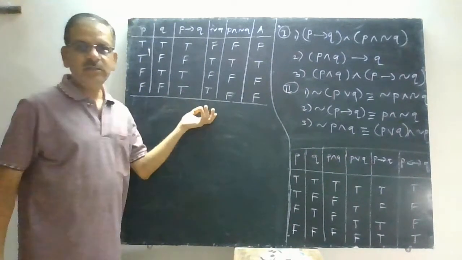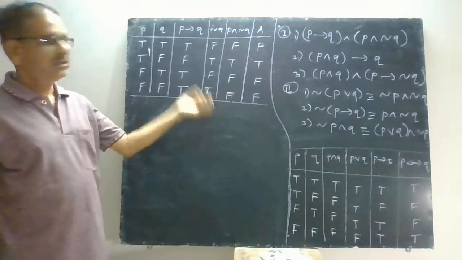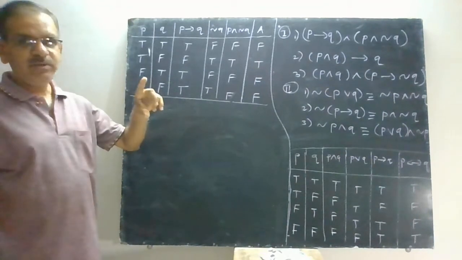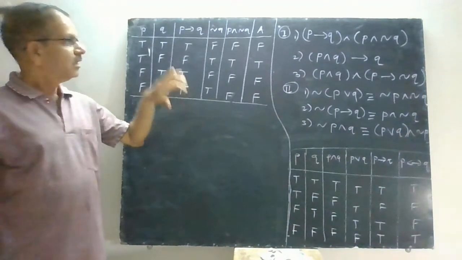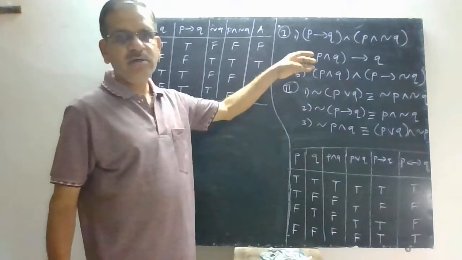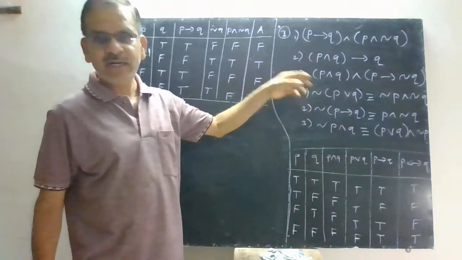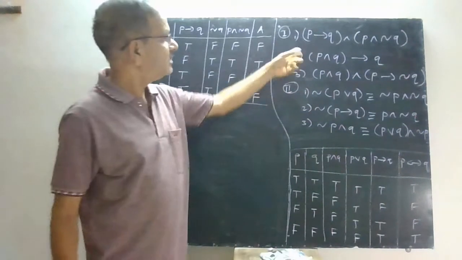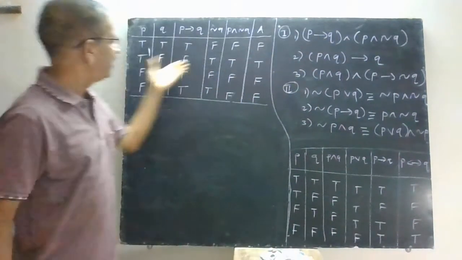Now see, we are in the third section for the logic. In the last section we have seen one example which was tautology. Now let us have one or two more examples for testing whether a given statement pattern is tautology, contradiction or contingency. Now let us see the first one. I have already prepared it.